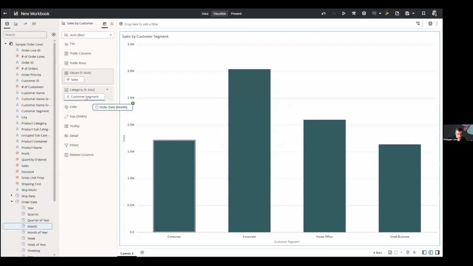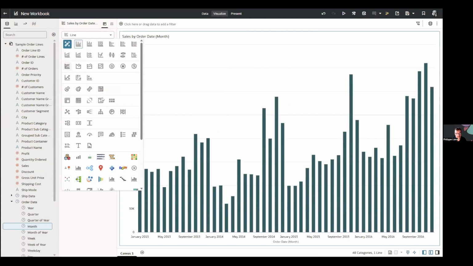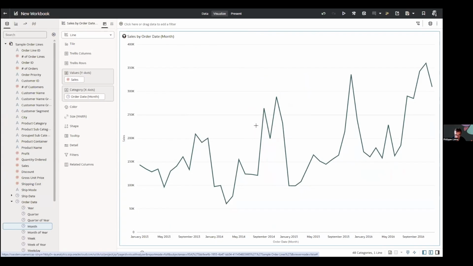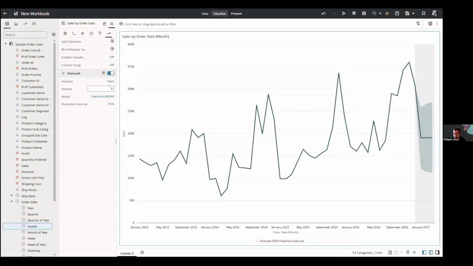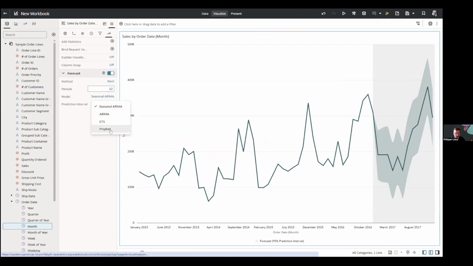Another quick one that I want to highlight is, let me bring sales over time, make it a line. You probably already know that you can right-click and add a series of different statistics on the data directly on the viz. That capability gets constantly enhanced, so it can calculate forecasts. So it's looking at the results set here on my data set, and let me ask it to calculate 12 months. And it offers me a forecast, but now I have a few new algorithms to use for this.